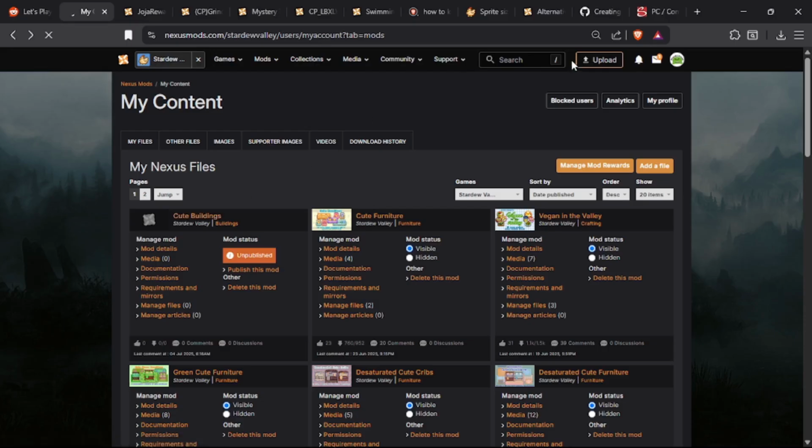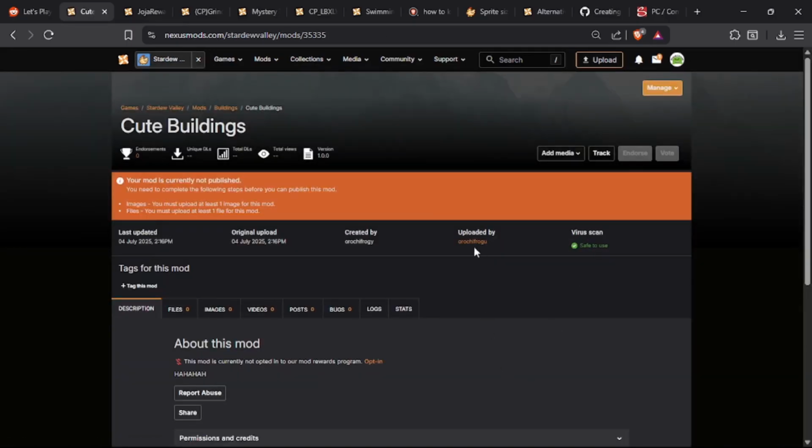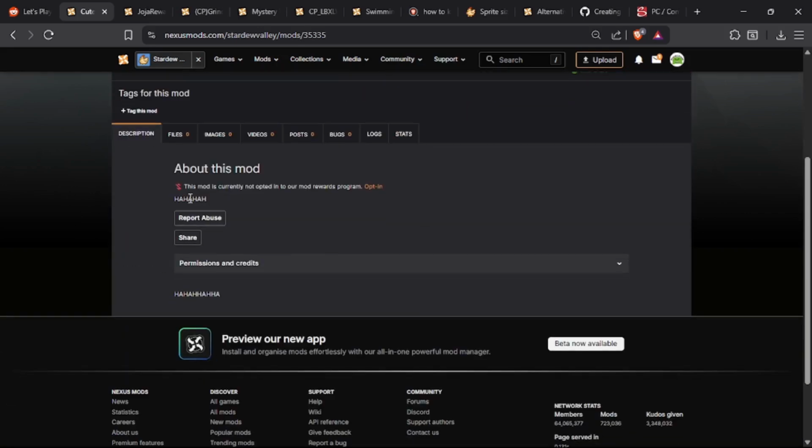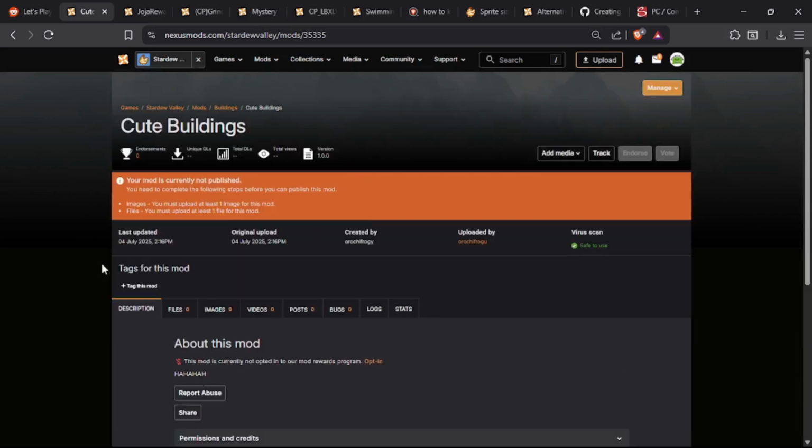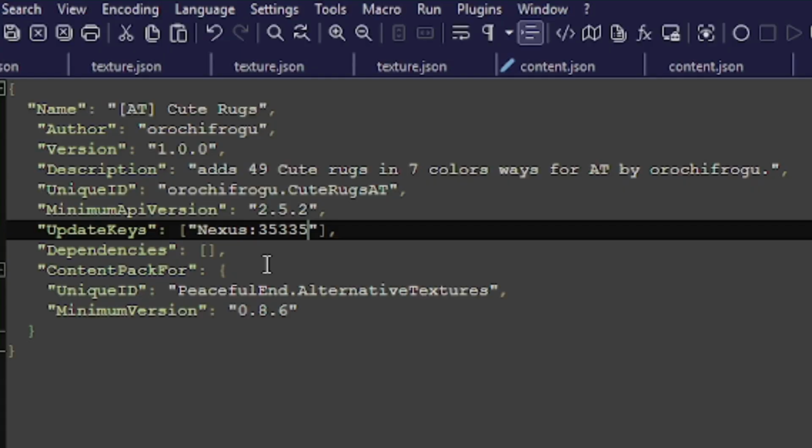So I started the upload of a new mod and I just did the very first page, so this is not published or anything yet. It doesn't have any kind of information. This is just the bare bones of beginning to do an upload for a mod so that I could start this page and get this number here. So this number within the URL is actually going to be your Nexus Update Key. So that's where this number actually comes from. This number will allow users who download your mod to know when there's an update, and then they'll be notified